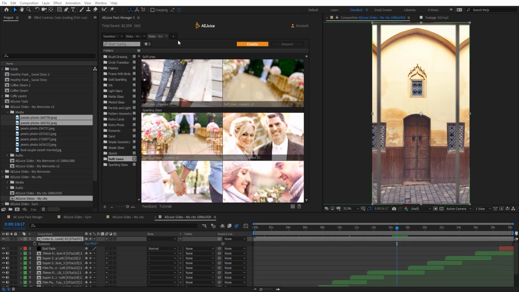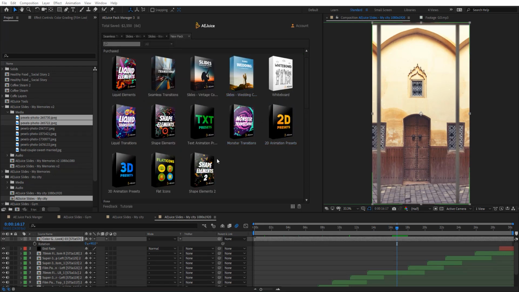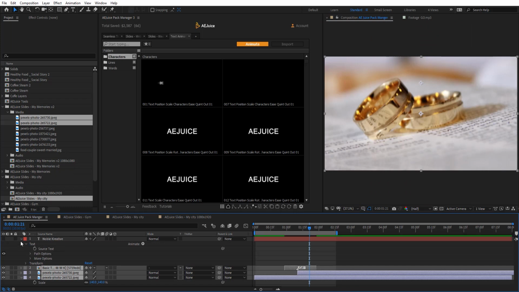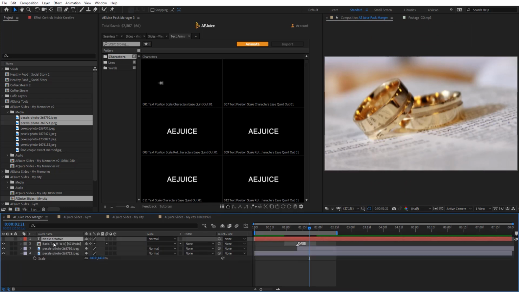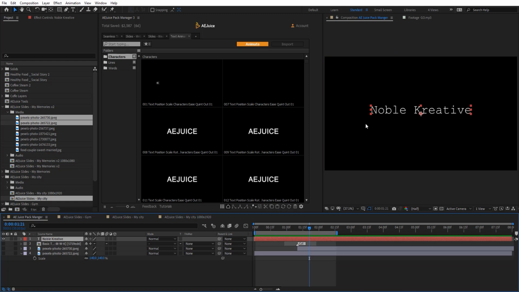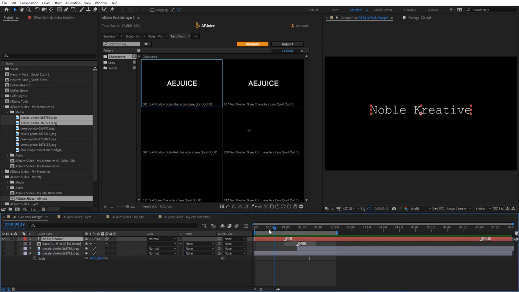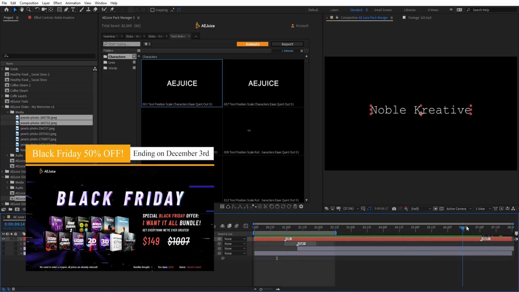And so now let's take a look at the text animation preset pack. Let's open these. And here we got some nice animation for text. So let's go back here. And here I'm going to select this text layer, and you can just drag these. And there you go. You got the animation right away. So here you got the animation, and of course for the outs as well.